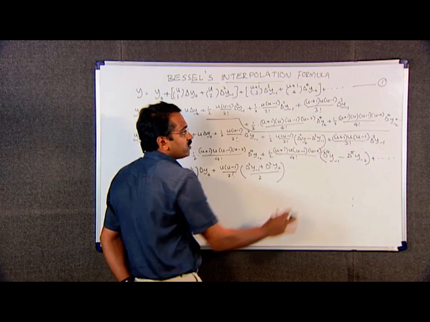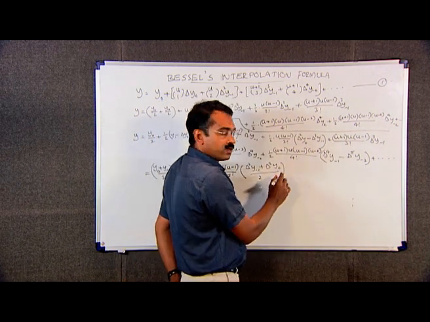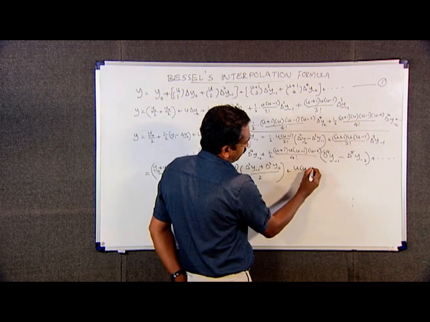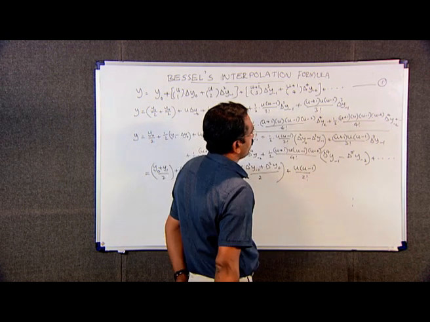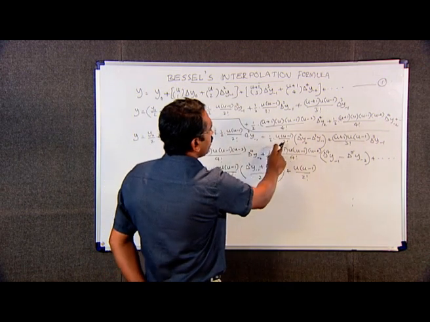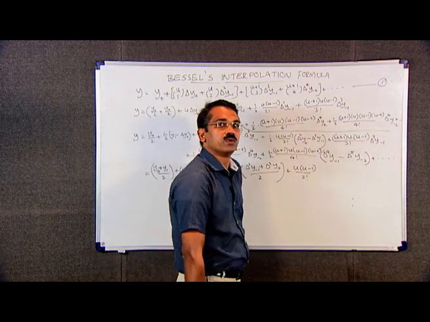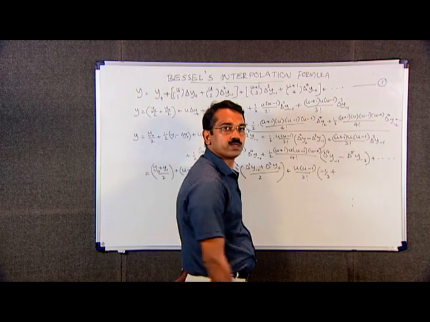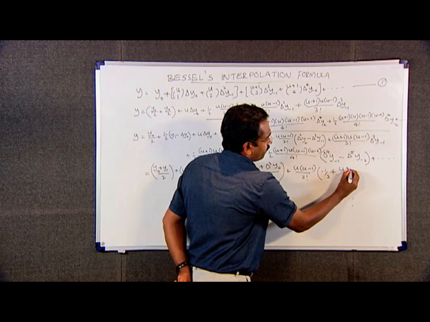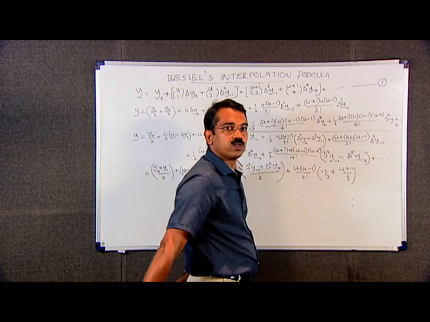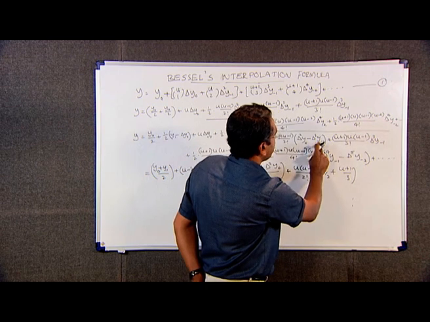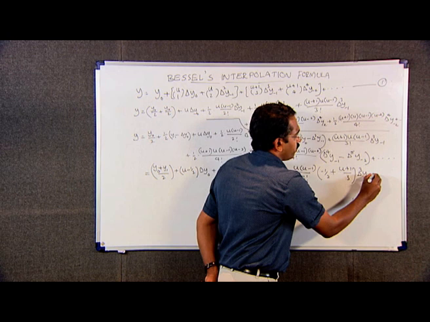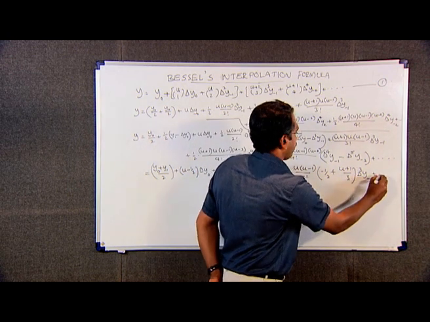We can write these two as u into u minus 1 divided by 2 factorial into minus 1 by 2 plus u plus 1 divided by 3 into common factor delta cube y minus 1, plus etc.,